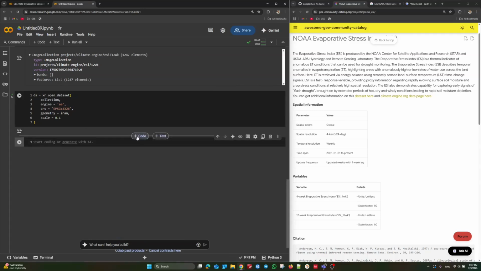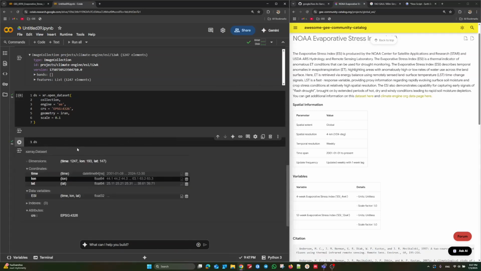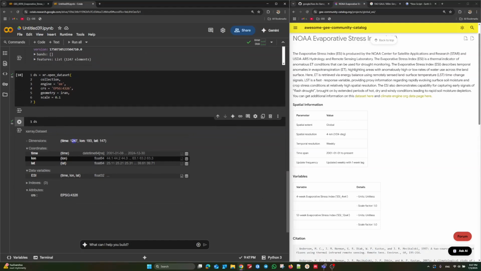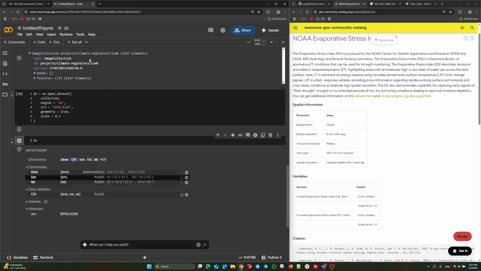Okay, the dataset. Here you can see we still have 1247 images, or arrays, over time, in the different dimensions: temporal, longitude, and latitude. There is a variable here, the ESI, with 3 dimensions as already mentioned. Okay, this is a multi-dimensional structure, or Xarray format. You can see here the main difference between image collection format